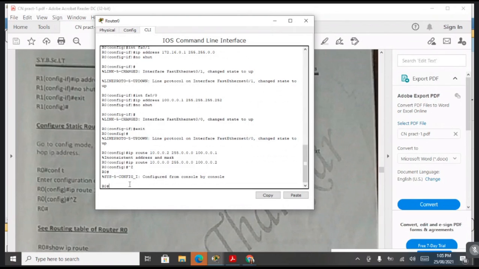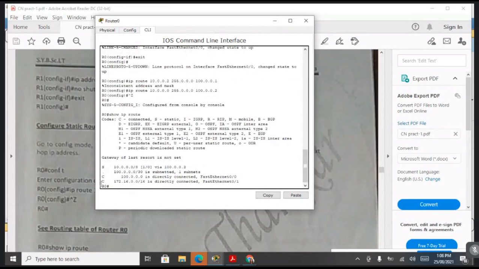Okay, now to check the IP route, you can pass the command show ip route. Now see, it's showing as S. So S stands for static route on router 0, 10.0.0.0 via 100.0.0.2.